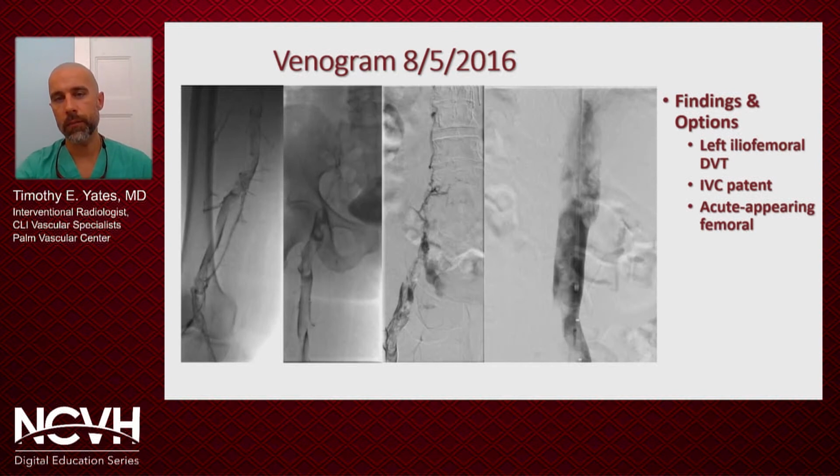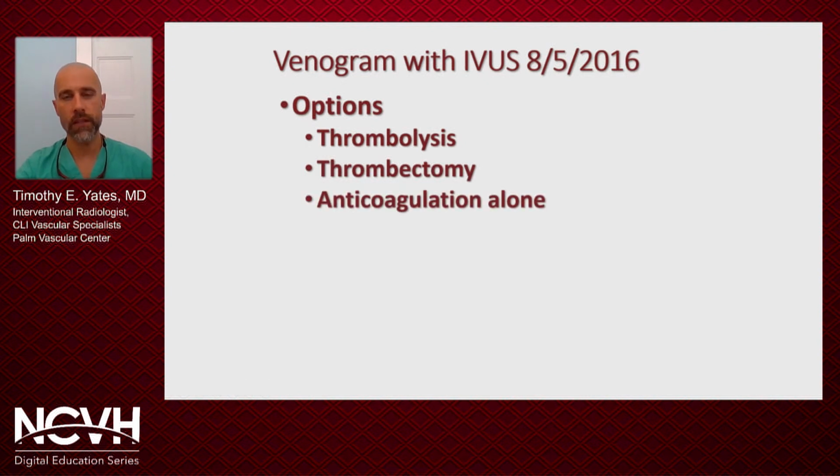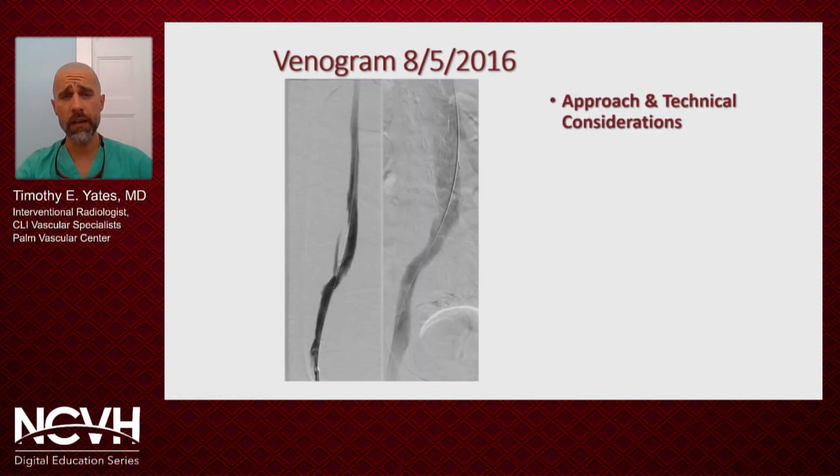We did elect to place an IVC filter. This is the cavogram demonstrating the cava is patent. And because the disease was relatively acute, we elected to treat this with a single-session thrombectomy approach. And that was because the disease was relatively confined to the femoropopliteal segment in terms of acute disease,